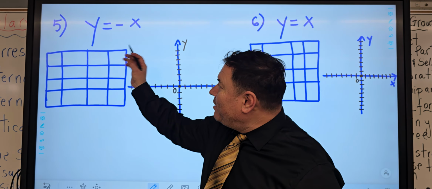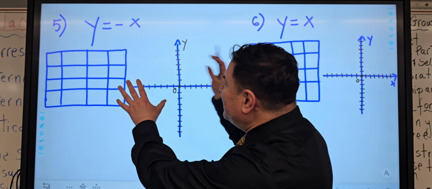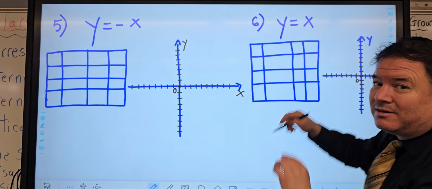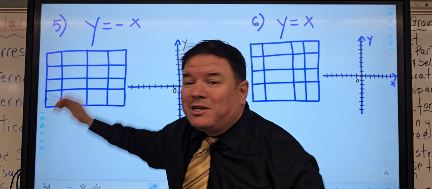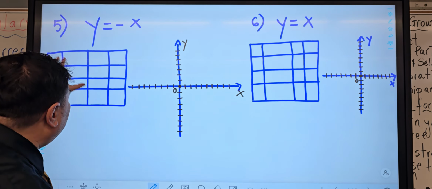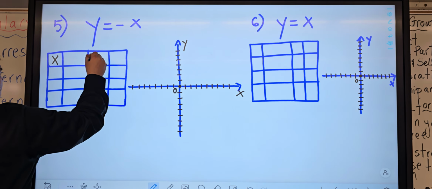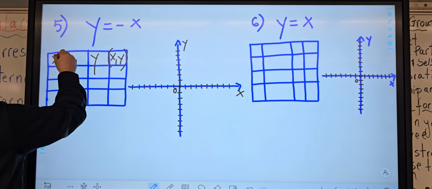One of them is when y equals negative x. Let's see how this graph is going to look. And now when y equals positive x. It's a little difference, but it's going to make a difference, right? Let's see what's going to happen when y equals x. Remember, start with a table of values. So we have the x and the y, the pair x and y, and here the equation